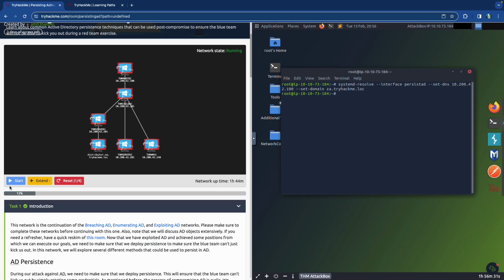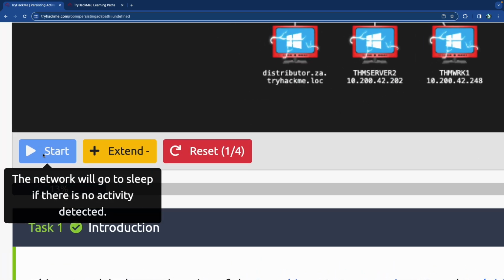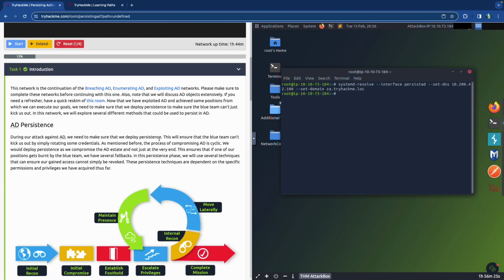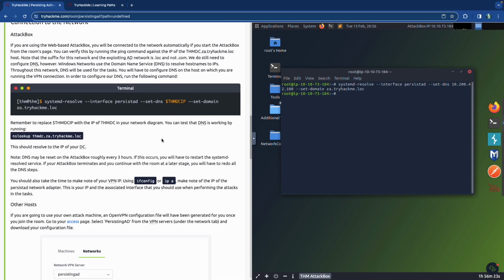If it's not running, you need to click this start button right here to make sure that the network is running, so that when you run that command, it'll connect to the network. And then just to verify that it's actually been done, we do a simple nslookup and then thmdomain